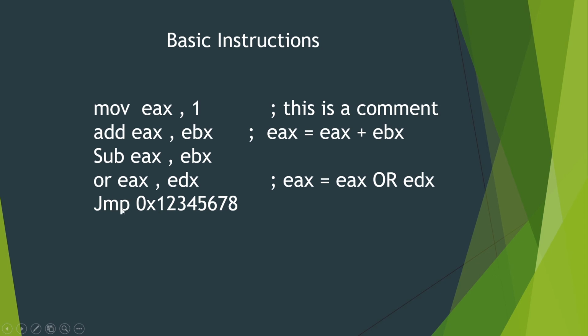So the next instruction is the jump instruction. There are many types of jumps, but this is the basic jump, which is the unconditional jump. If you are coming from the C programming language, you may have seen the goto statement, which abruptly jumps the program flow to some point you specify. It's the same way: jump to this address, then the program flow jumps to the instruction pointed to by this address.